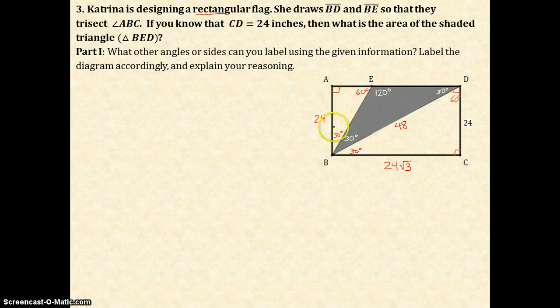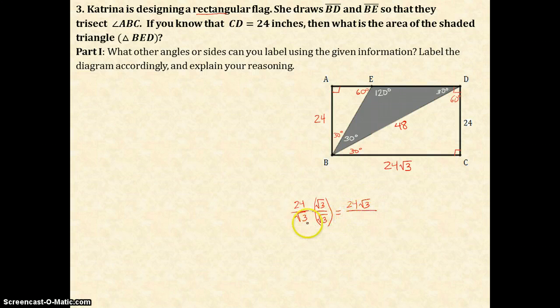So let's see, what do we know about the smaller 30, 60, 90 here? We have the long leg, so that means that the short leg is equal to the long leg divided by radical 3. So 24 divided by square root of 3. We don't like to have radicals on the bottom, so we're going to rationalize the denominator by multiplying by 1, but we're going to make our 1 look like square root of 3 over square root of 3. So on the top we get 24 times the square root of 3,